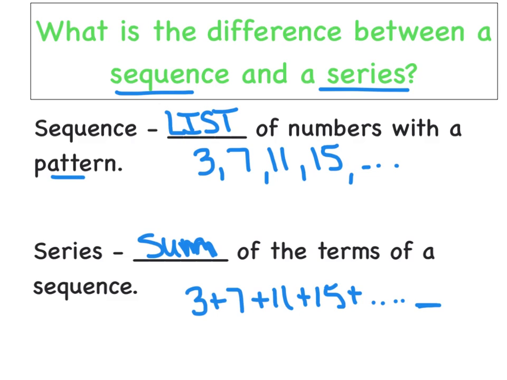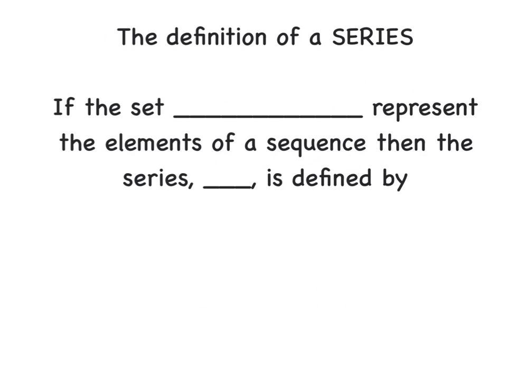So to summarize, a sequence is a list, and a series is the sum of the numbers within that list. So here's the definition that I want to expose you to tonight. Definition of a series. If the set, and I'm going to put some squiggly brackets around it, a sub 1, a sub 2, a sub 3, dot, dot, dot,